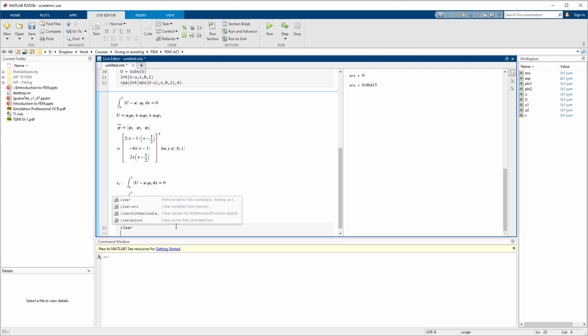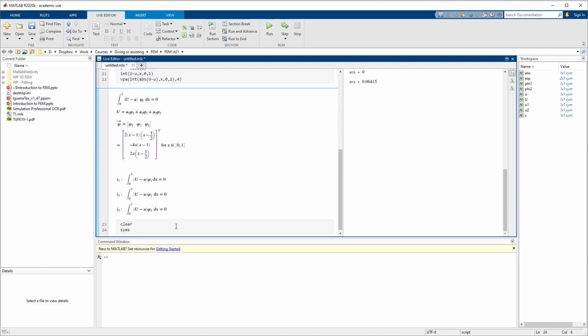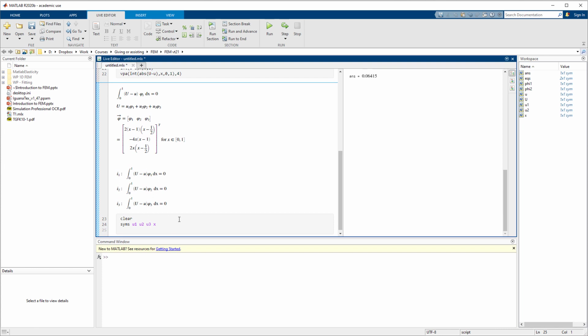So again, we do clear, and then we are defining our symbolic variables. So we have u1, u2, u3, and we have x, and these can be real. But let's see what happens if we omit real here, because we use real up there. Really nothing, but I'm just gonna show you so you can see various ways of doing this. And remember, if anything is unclear, write it down, ask me later. Okay, so